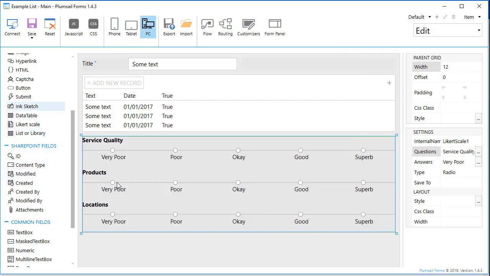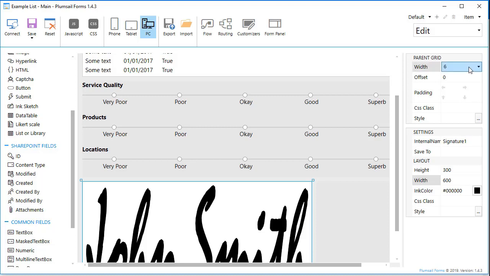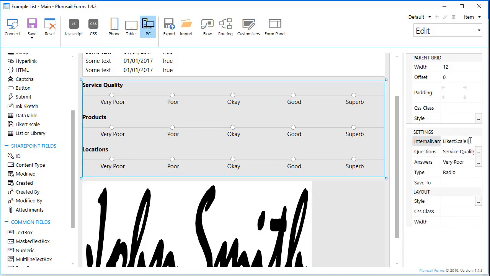Okay, and the last one is Ink Sketch. It allows you to store signatures or drawings. So we specify its height, width, and now, very important, Save to. We create a new field. It's a hidden field. This is where our